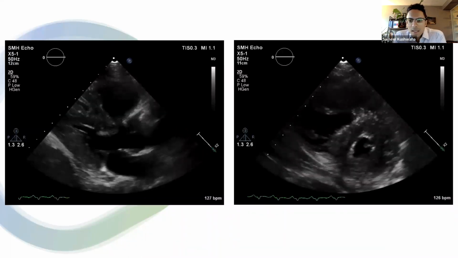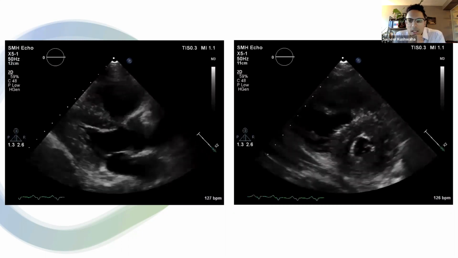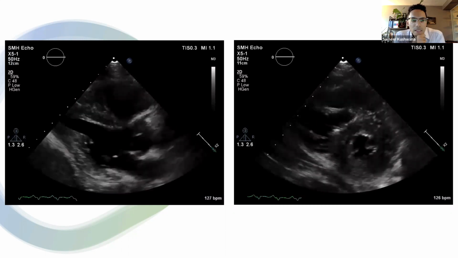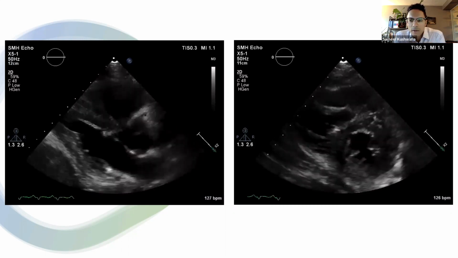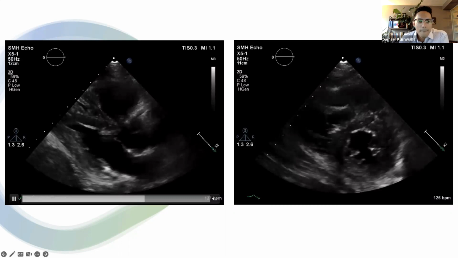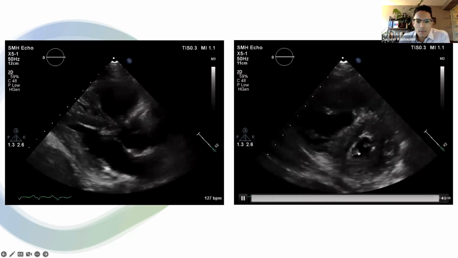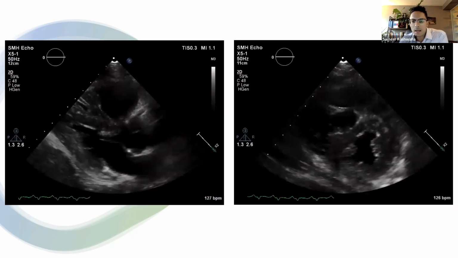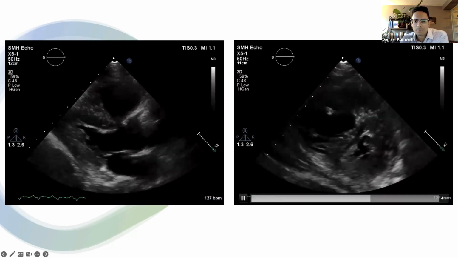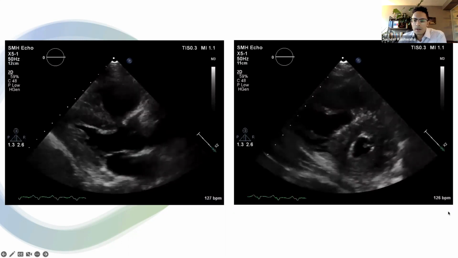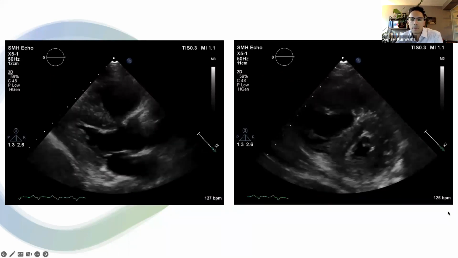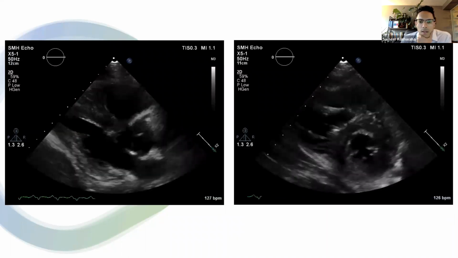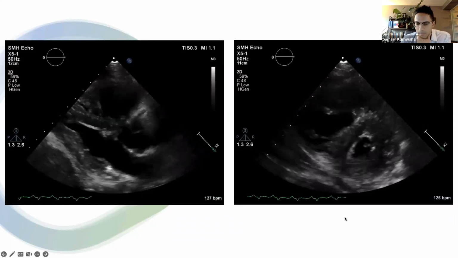So on the left, we have a parasternal long axis view showing a somewhat small left ventricular cavity. We can see an enlarged right ventricle at the top of the image. And on the right picture, looking at the parasternal short axis, we can see that the right ventricle is grossly enlarged. And there is septal bowing towards the LV, forming this classic D-shaped septum, suggestive of volume and pressure overload. The patient is also quite tachycardic here.